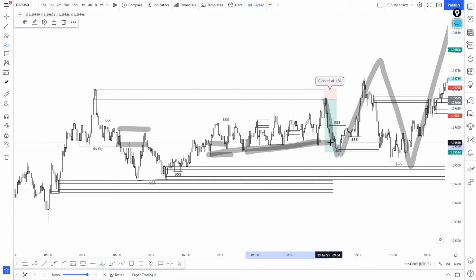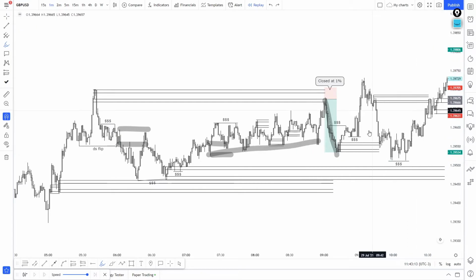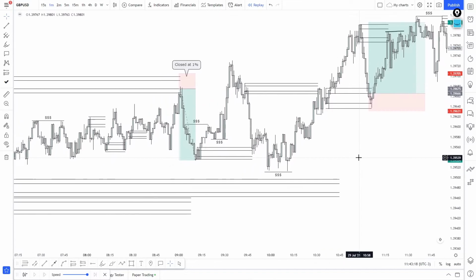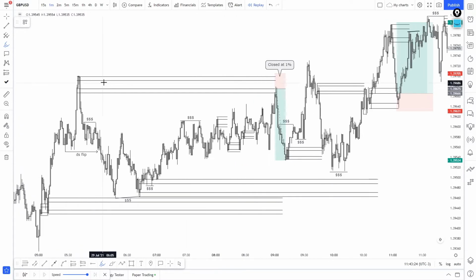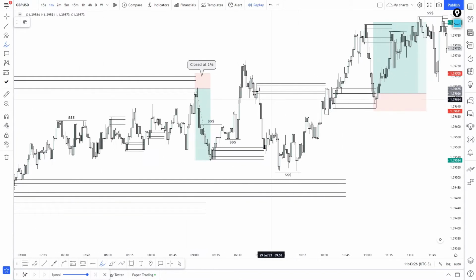So it took liquidity down, took liquidity above, went down, took even more liquidity, and then continued to go higher. Liquidity one way, liquidity the other, and that's pretty much it. All that the market maker needs. So we broke supply at this point, so the cost would have been this. At the same time it has liquidity, really clean liquidity, so this would have been my area